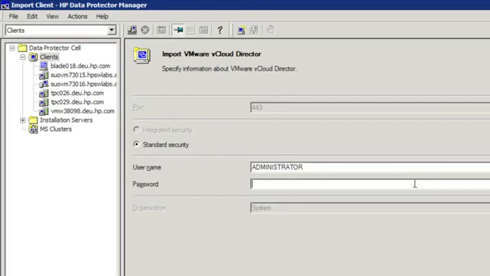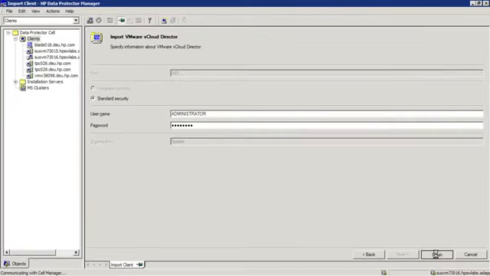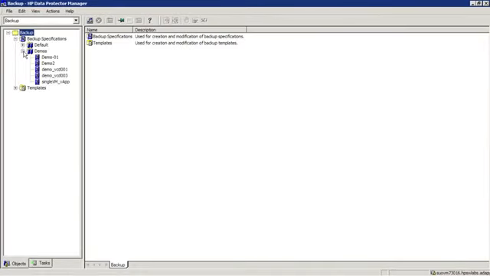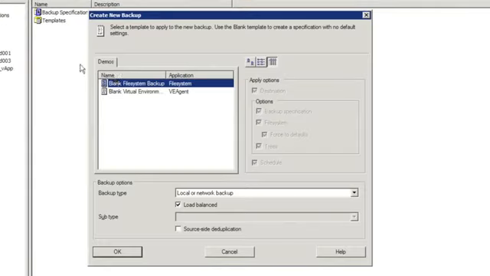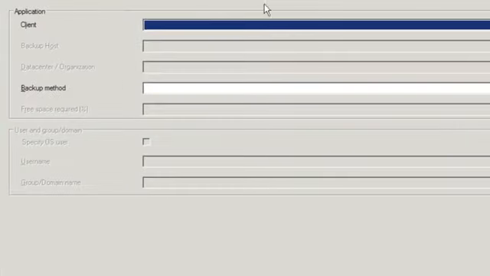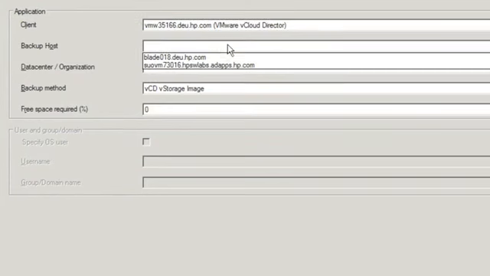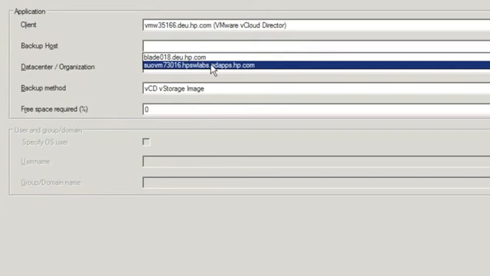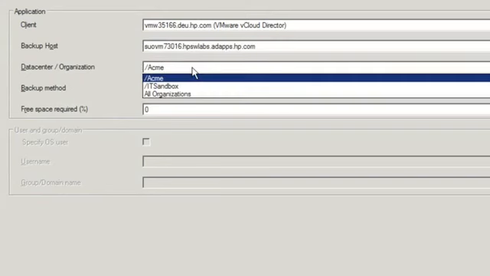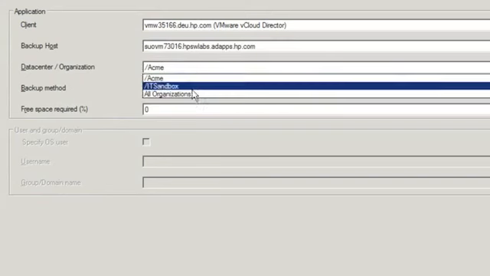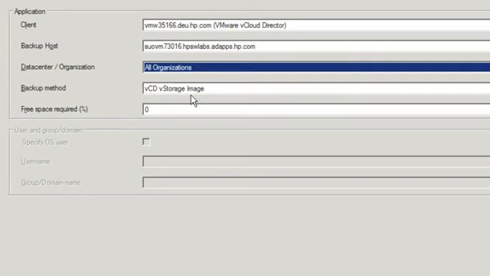This process leverages Data Protector's standard security capabilities and communicates in an encrypted manner between the Data Protector Cell Manager and the vCloud environment. Now let's create a backup policy to protect the organization's virtual machines and vApps. We will perform our backup leveraging Data Protector's Virtual Environment Agent, which communicates via APIs to protect vCloud. As we step through the configuration, you'll notice that we specify the client host running vCloud Director, the backup host running the backup process, the organization that we're choosing to back up, the method, in this case, note the VCD